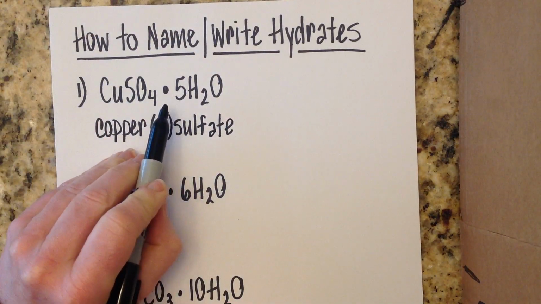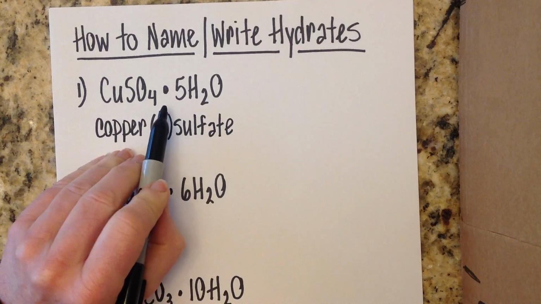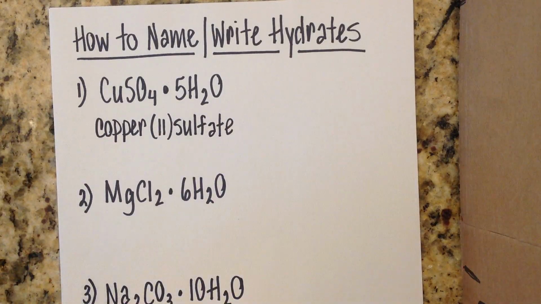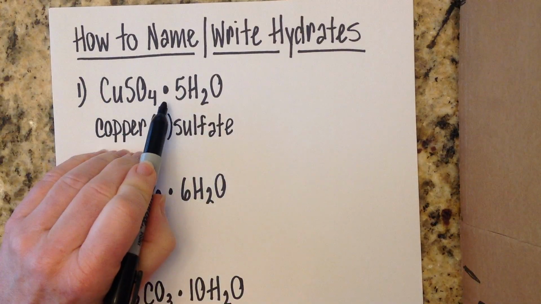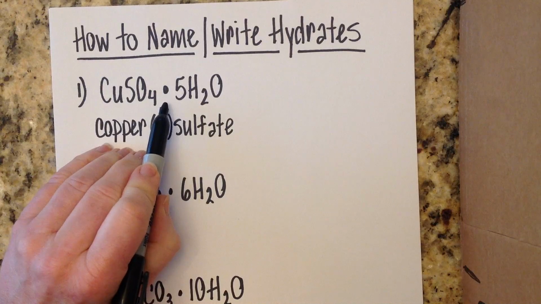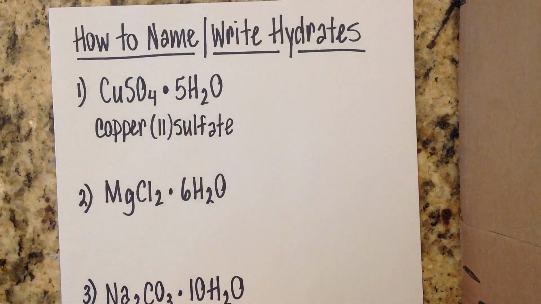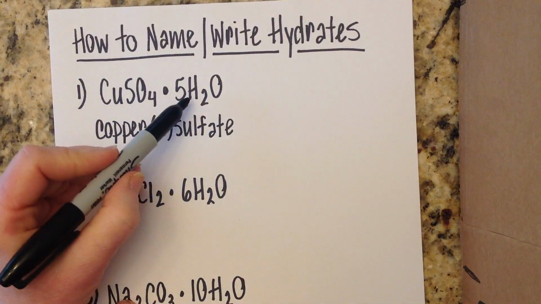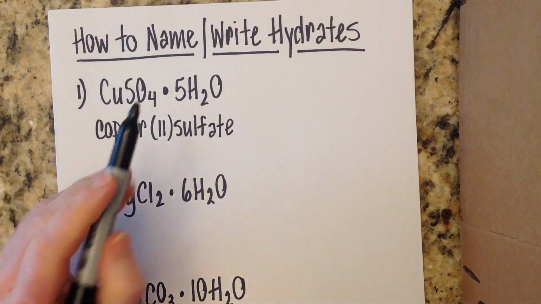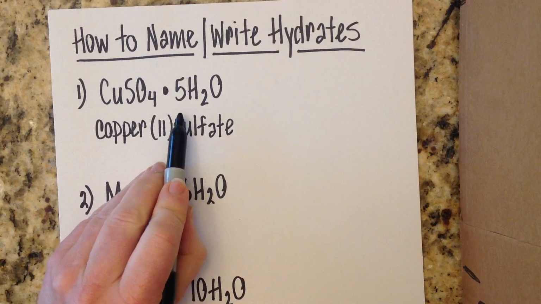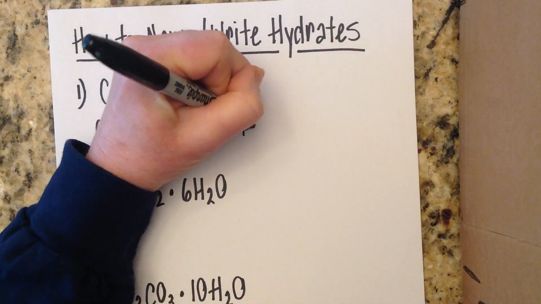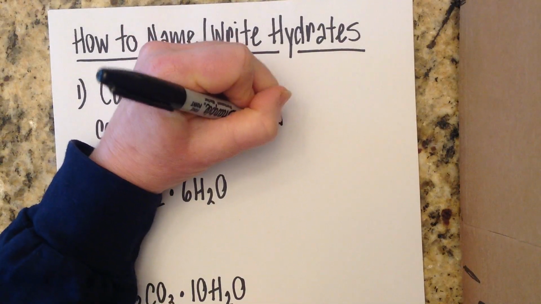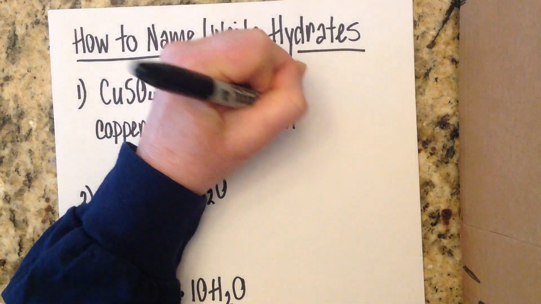Now, you see that fat dot? That's just showing you there are some water molecules that are loosely attached to this compound. That dot does not play a part in the name, but when you see that dot and then waters on the right side, that's how you know you have a hydrate. They're super easy to recognize. So to name the water part, what's on the right, all you do is look at the number in front and say its prefix. The prefix for 5 is penta. So you're going to write penta, and you follow that with hydrate.